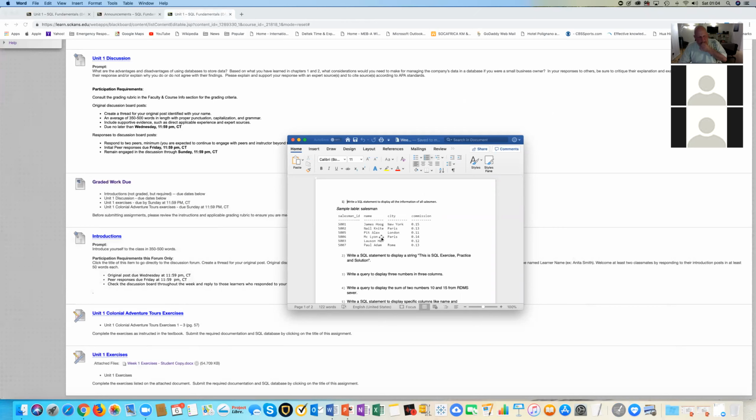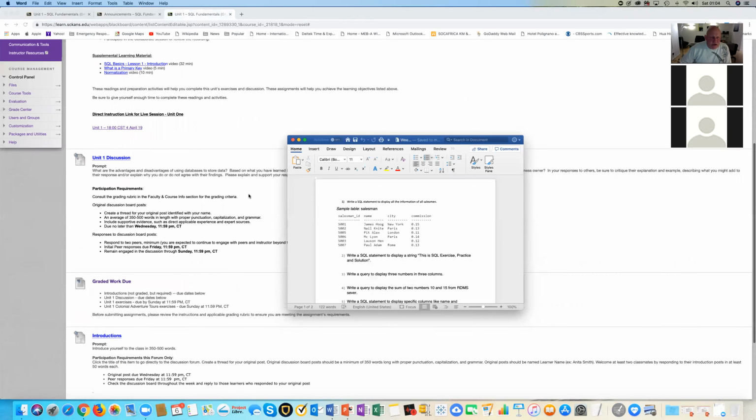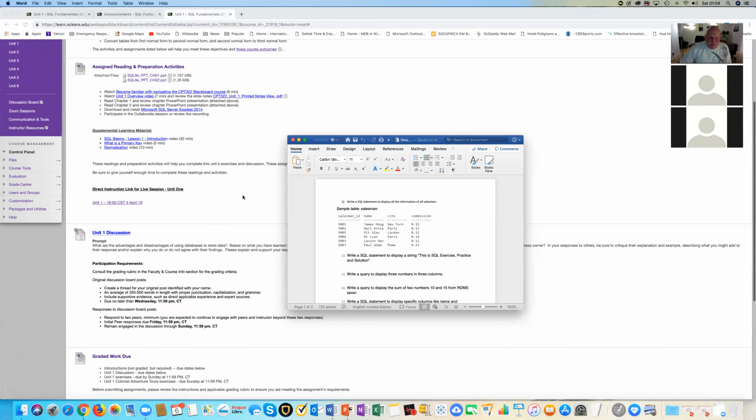It's a little tricky with SQLPro, but it is doable. But if you're using SQL Express, you can zip up your 2014 file and post that along with your Word document with the answers to the questions. That's how you get credit for the questions. I know that you know the right statements to write, and it does actually run in your SQL environment. So that's just how you submit the